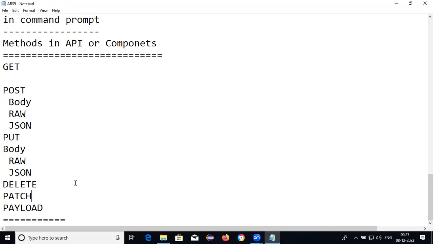Whenever you get the response through payload, that is secure. That is the API methods or components.